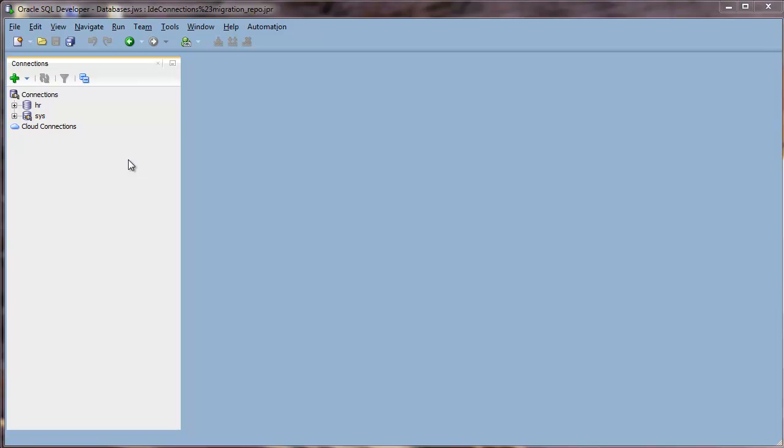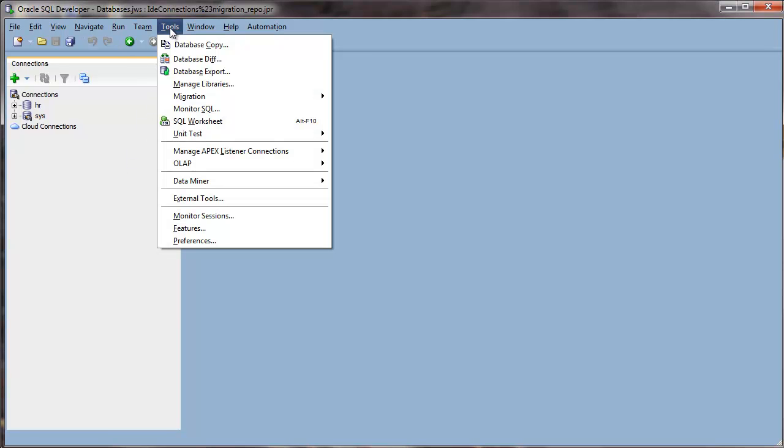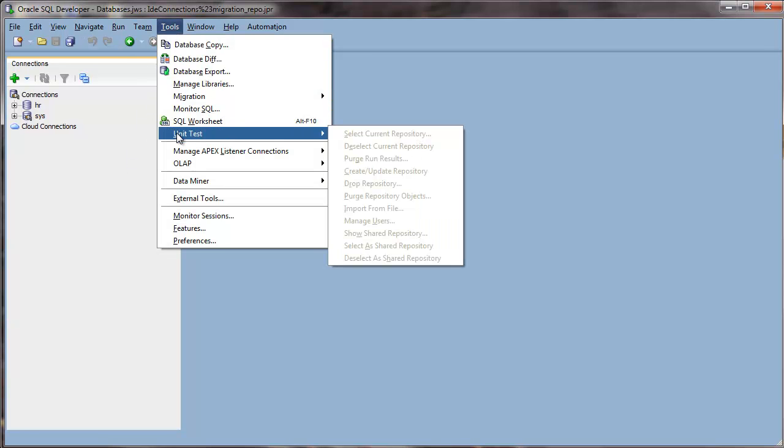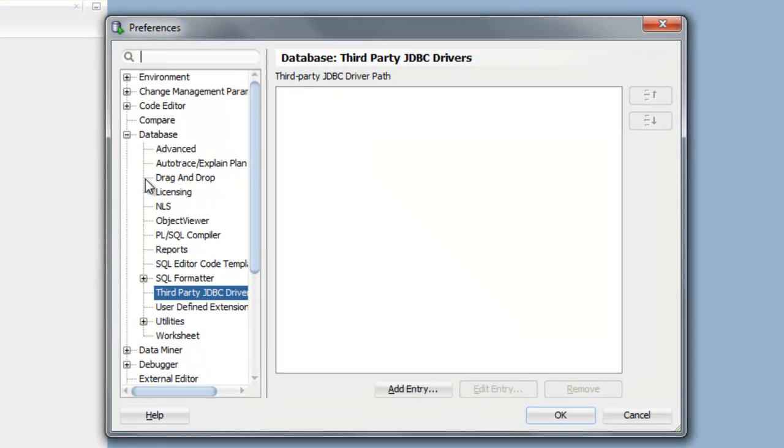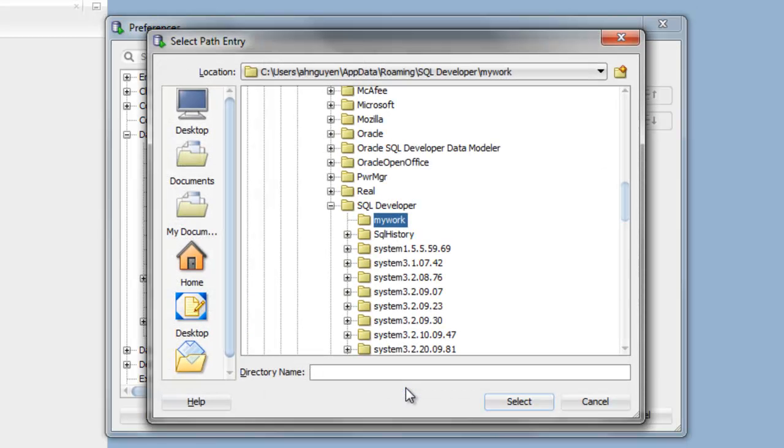Once you download that zip file, you need to go back into SQL Developer to point to that location. Go to Tools, and in Preferences, if you go to Database, select Third-Party JDBC Driver, add an entry,